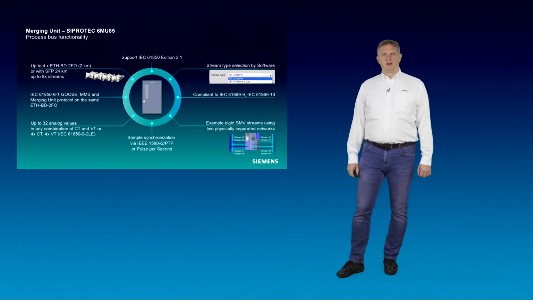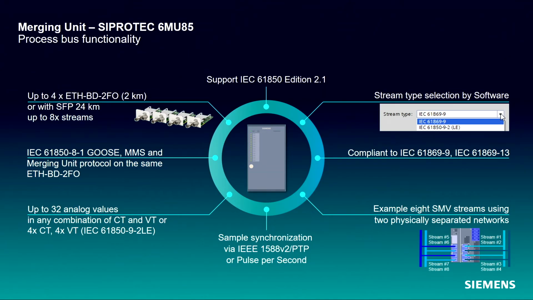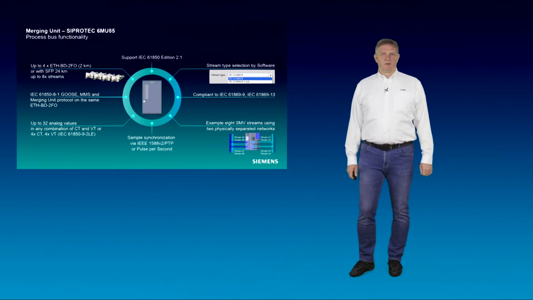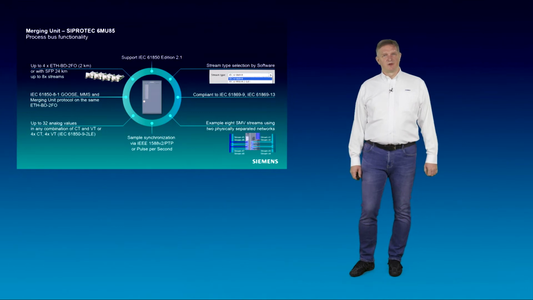Coming to some technical highlights. The 6MU85 merging unit can publish sampled values on up to 4 Ethernet interfaces, which means 2 streams per Ethernet module and in total up to 8 sampled value streams. Each stream can contain up to 32 analog values per single stream, with a flexible allocation of currents and voltages